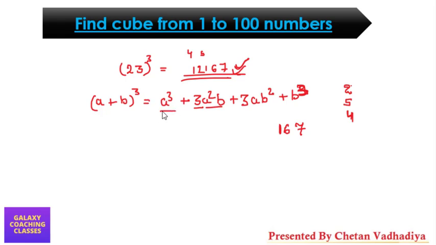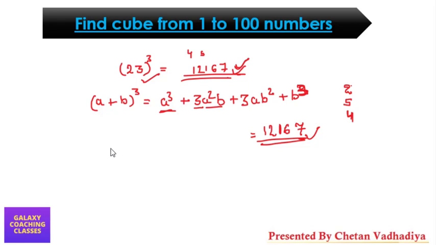Now directly you need to do A cube, means 2 cube. This is your A and this is your B, guys. So 2 cube is 8. 8 plus carry 4 is 12. So you can see how systematically and without wasting much time we can find the cube of any term with this. Let me give you one more example.